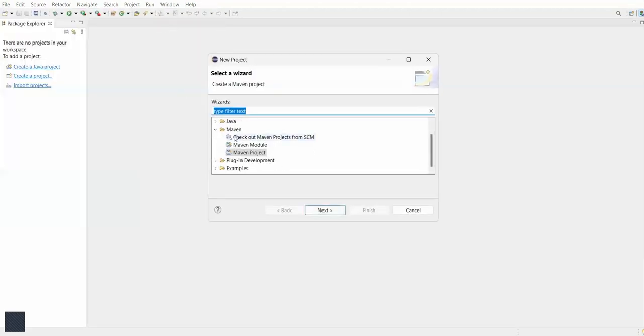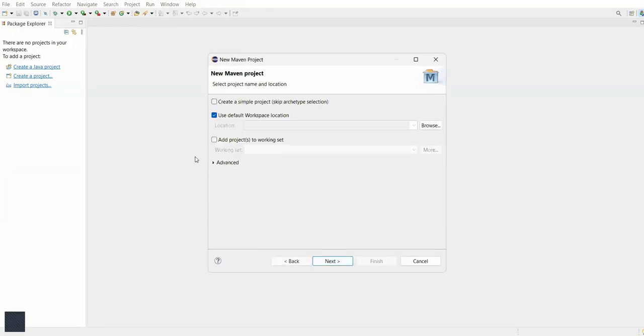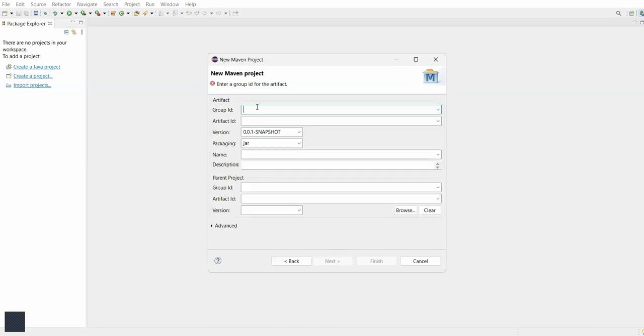Here, if you come down, you have Maven. You can expand that Maven. Here we have to select the Maven project. Then click on Next. Now select Create a simple project. Click on Next. Here we need to pass the group ID and artifact ID. For the group ID, you can say org dot framework, or com dot